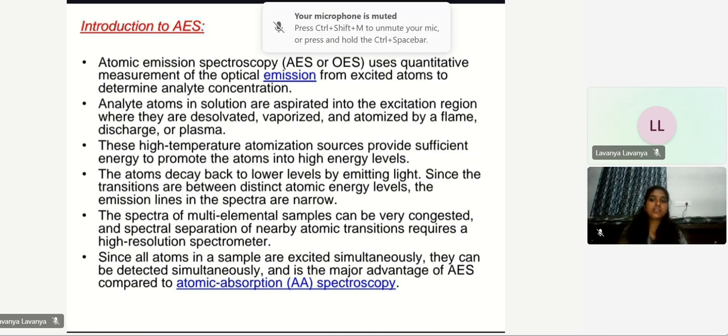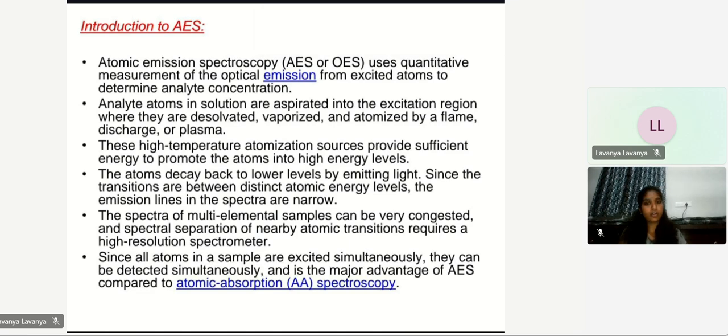The analyte atoms in the solution are aspirated into the excitation region, where they are desolvated, vaporized and atomized by the flame, discharge or plasma. Here the analyte is aspirated by the use of a flame with the help of the optical lens. The high temperature atomization sources provide sufficient energy to promote the atoms into high energy levels. The atoms decay back to lower levels, emitting light, since the transitions are between distinct atomic energy